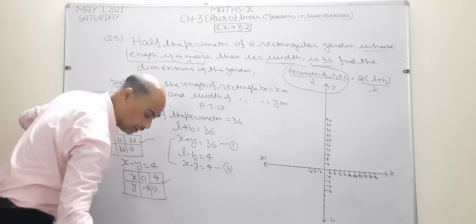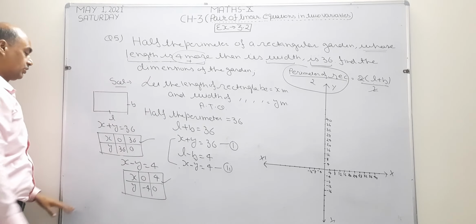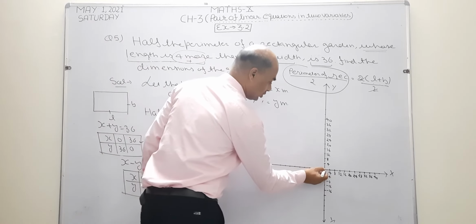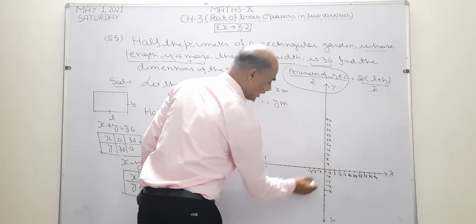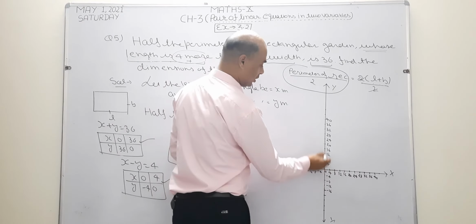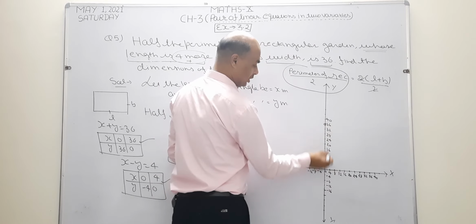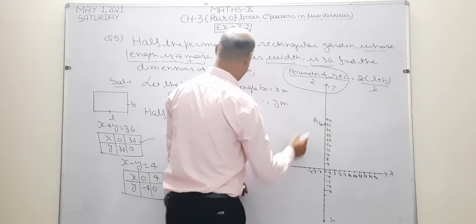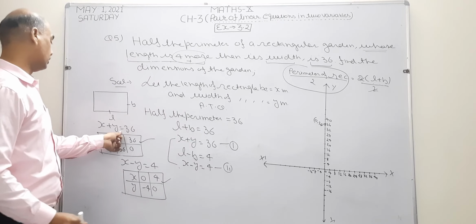Now I am going to draw the graph of these two equations. What is given? x equal to 0. Where do I write? This region is known as x equal to 0. The value of y is given 36. Where is the value of y? 36. At this point, the y value is 36. So these two become 0 and 36. This is the first point of the given equation.